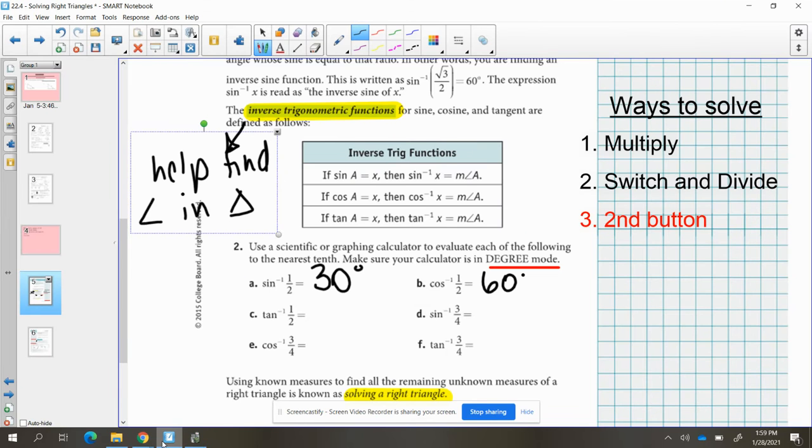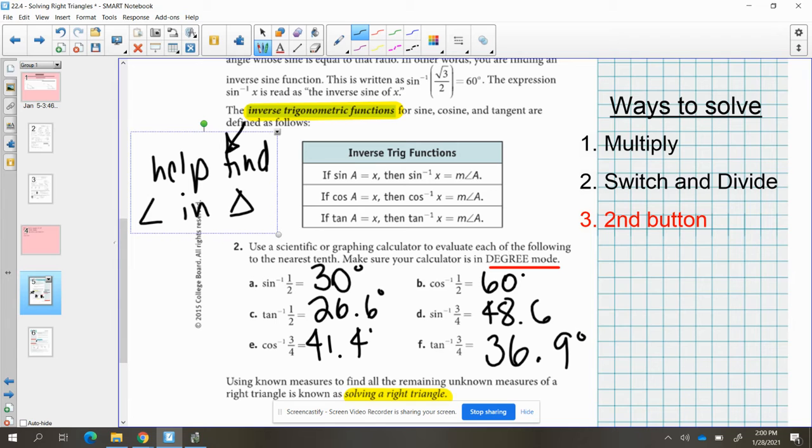It's going to be an approximation on that one. Try the next couple on your own and see what your degrees come out to be. You should have gotten for sine inverse of 3/4, 48.6. Cosine inverse of 3/4 is 41.4 degrees, and then tangent inverse of 3/4,